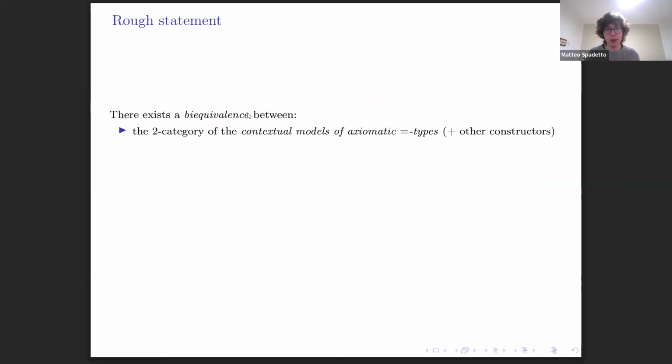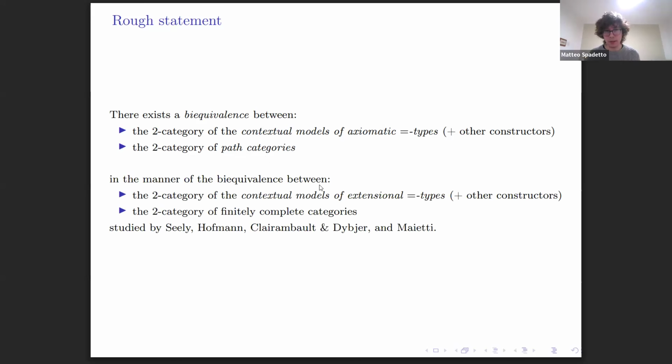There exists a biequivalence between, let's say, an appropriate two-category of contextual models of axiomatic identity types and other things, and the two-dimensional category of path categories, in the manner of the biequivalence between